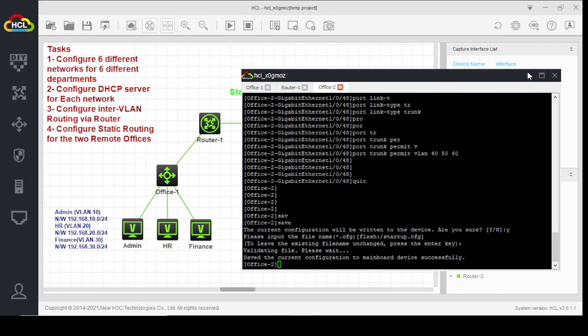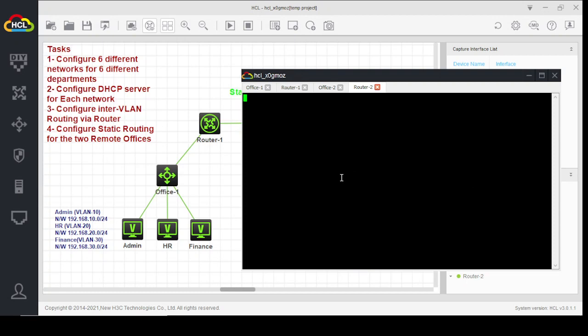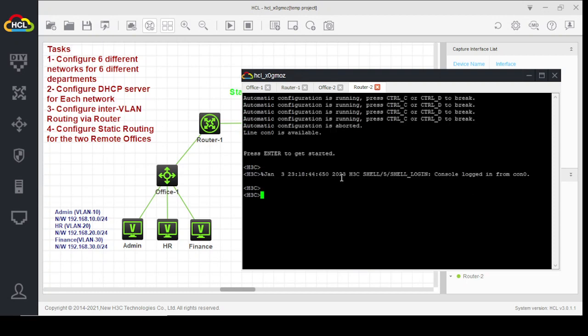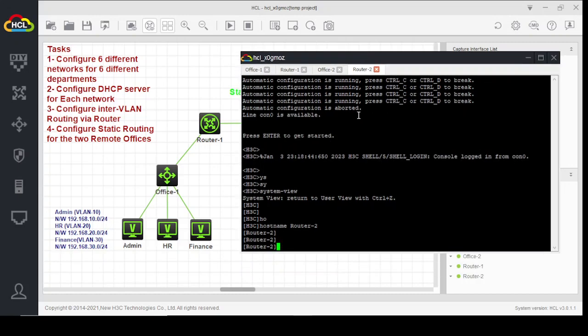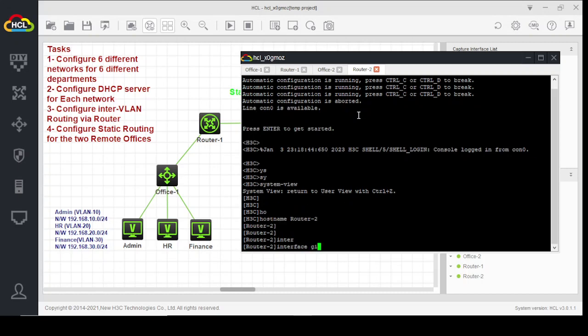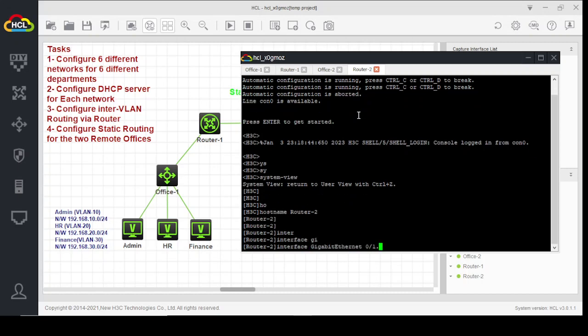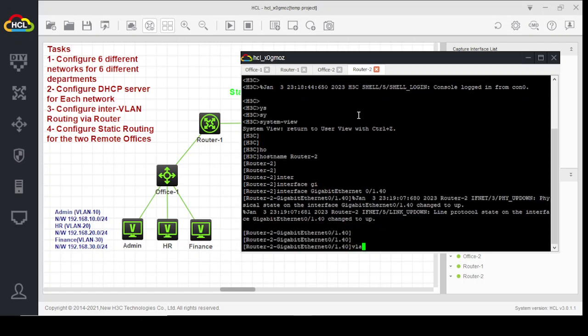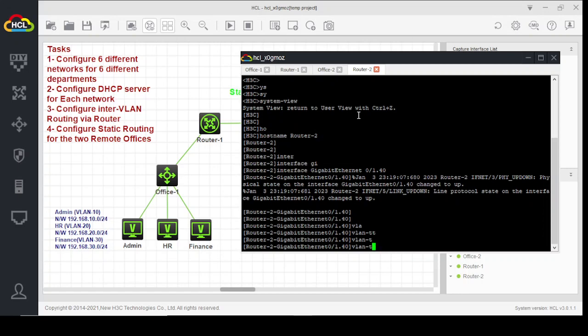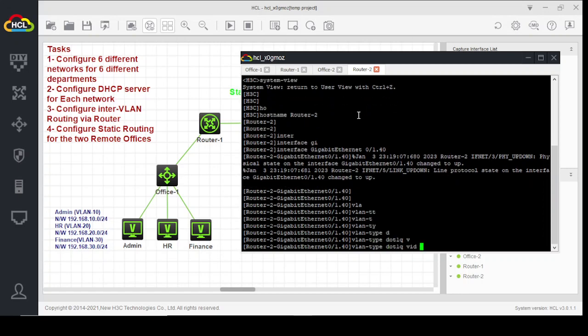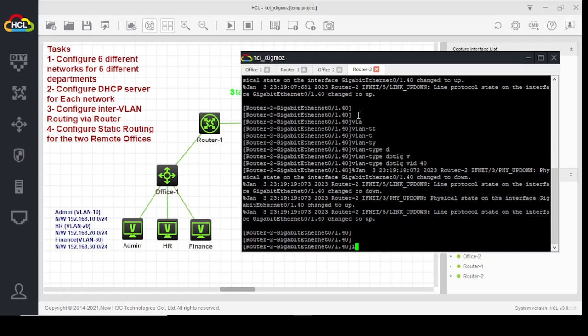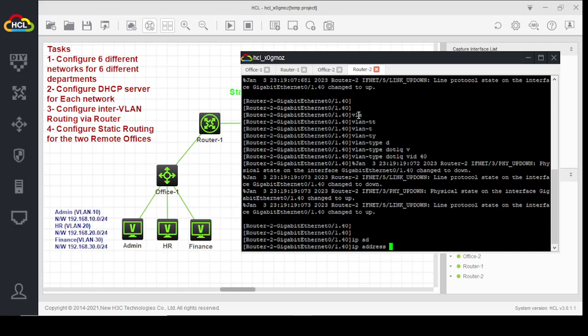Okay, done. Now we will configure our router 2. System view, hostname router 2. Here we will configure our sub-interfaces on port 0/1. Interface gigabit 0/1.40, VLAN type dot1q, VID 40, IP address 192.168.40.1,